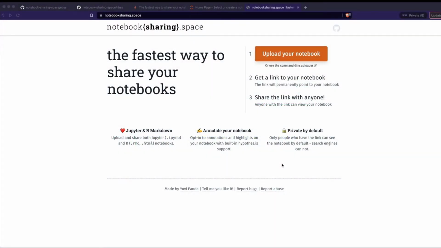You've got a Jupyter notebook and somebody suddenly asks you to share it with them. And you are going to be in a position where you have to figure out, do you want to upload it on GitHub? Do you want to upload it on GitLab? Or you want to figure out a different way, probably put it on Google Drive or upload it as a Colab notebook. There are a lot of different ways, but there is no easy and fast way to share your Jupyter notebook or even R Markdown or R notebook for that matter.